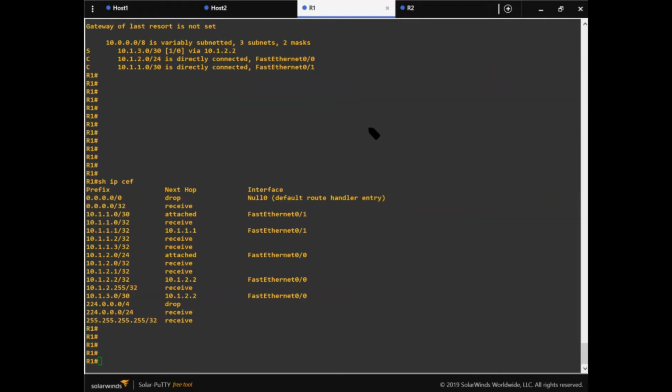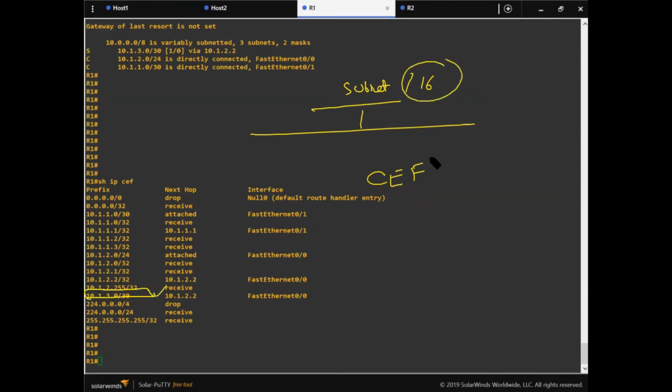Okay, let us say we have a LAN. In this LAN, we have maybe a /16 subnet. When we have such a huge subnet, in our routing table we would have the entry of /16. In our CEF table, we would also have an entry of the /16, and maybe a /30 entry as well. Okay, bit like this, we would have an entry of /16. But